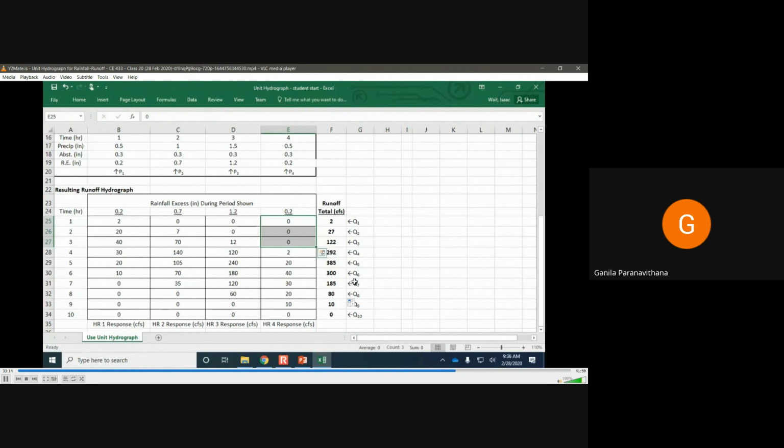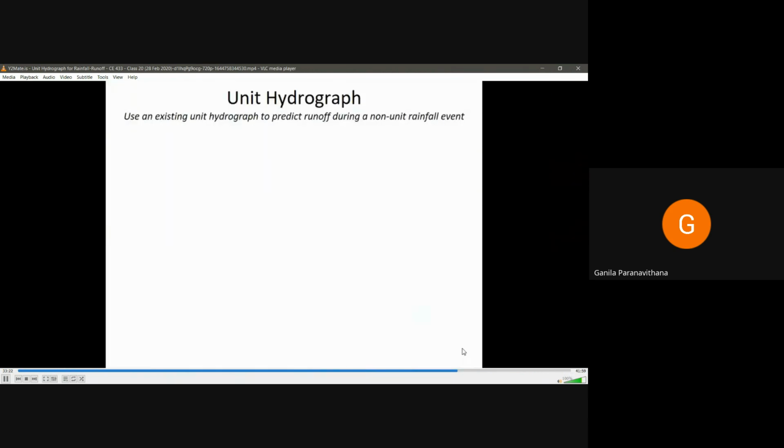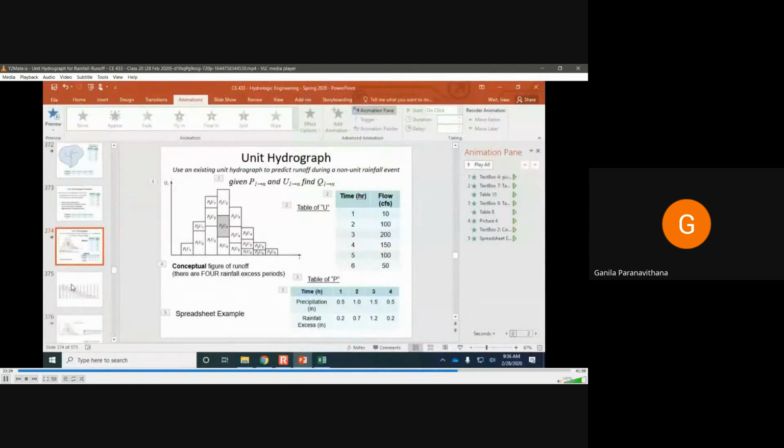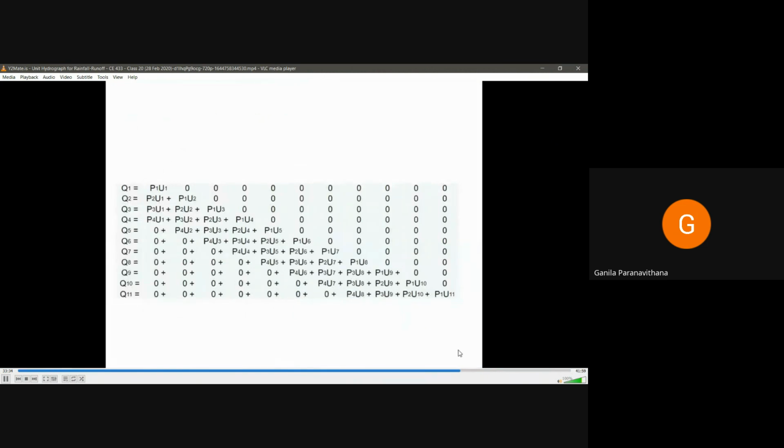Any questions about the unit hydrograph method? So you'll use this for the homework assignment. There's a similar question in the example that we just worked through. Here's that same kind of formula that shows what you're getting for the runoff amount. In the case that we were just working,